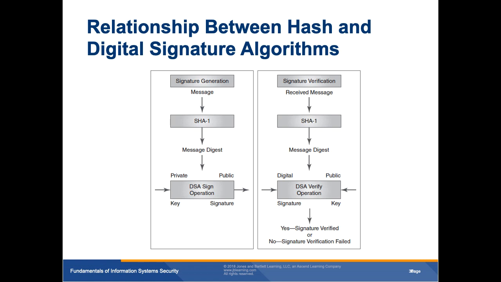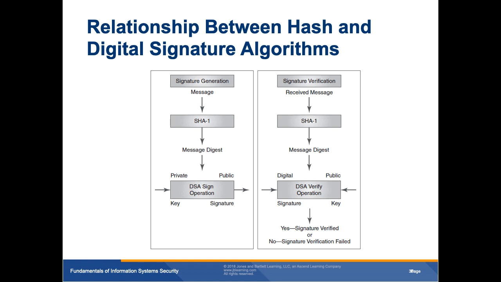Relationships between hash and digital signature algorithms. They're very simple, right? You've got a signature generation, where you're using SHA-1 to create a message digest, and then the DSA sign operation, so you've got the private and public key, versus a signature verification. So the signature generation,